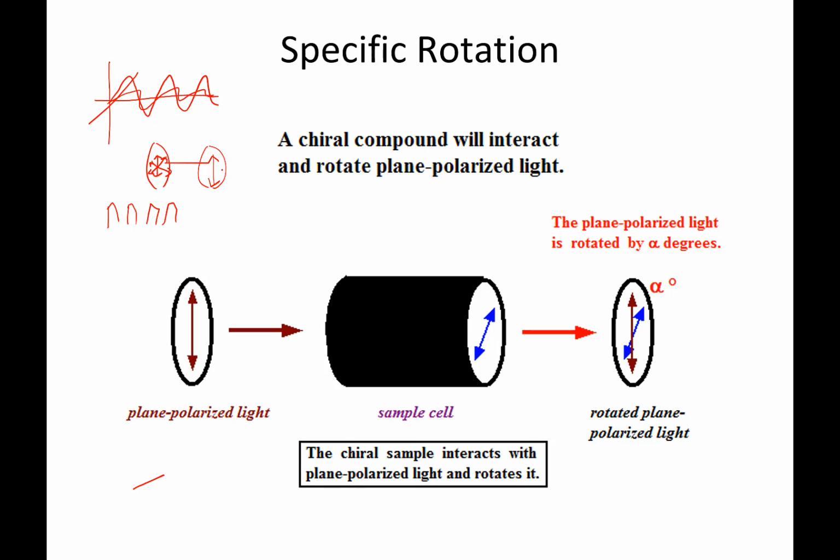Once we have the ability to create plane polarized light, then we can pass it through our sample, which is typically dissolved in a solvent. The chiral sample, meaning one of the enantiomers, will interact with that light to cause it to rotate some number of degrees that we call alpha. That's how we know that we have one enantiomer of a molecule: the plane polarized light gets rotated. This was done back in the 1800s by